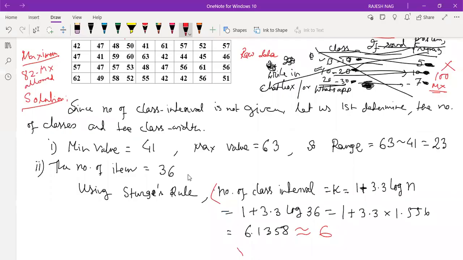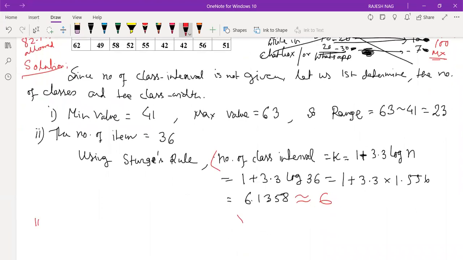আচ্ছা বলো, so 1.556 রাউন্ডিং করেছি, যাই হোক। Log is one type of function like sin, cos। দুটো জিনিস জানার দরকার ছিল, একটা হচ্ছে নাম্বার অফ ক্লাস। How many classes will be for the table? 6. এবার কি চাই? Class width. Okay, so